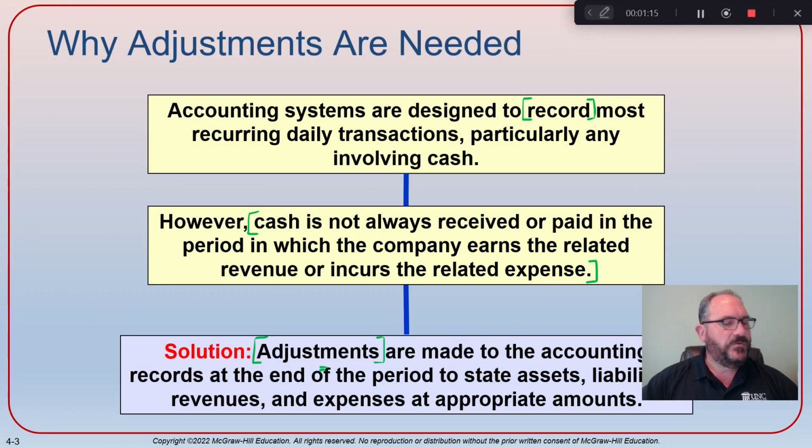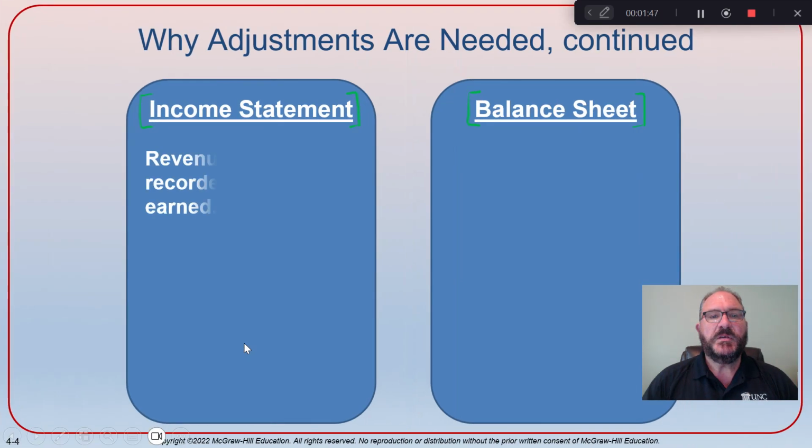All right, so again, accounting systems are designed to record most recurring daily transactions, particularly involving cash. Well, that makes sense. However, cash is not always received or paid in the same period. Like we've seen that before, right? So we wind up having to make some adjustments. Most everything happens during the month, but there are periods at the end where you have to make these adjustments. So for example,